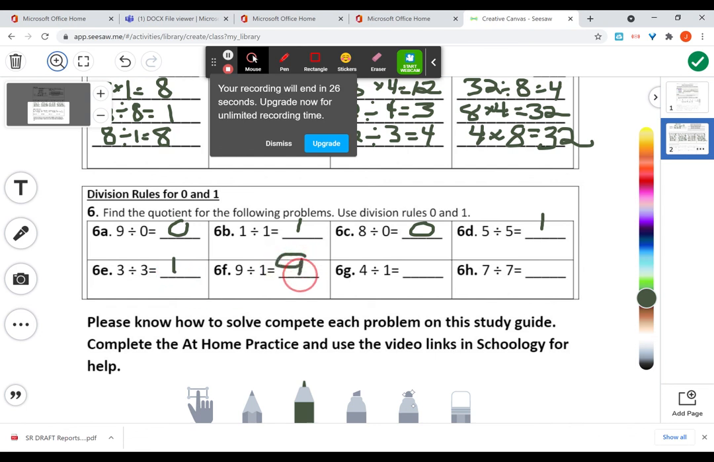This would be a 9. This would be a 4. And this would be a 1. Same, 1. 4 divided by 1, 4. 9 divided by 1, 9. 1 divided by 1, 1. Dividing by, when the divisor is a 0, your quotient is always 0. So make sure you study this and look over your study guide, and you'll